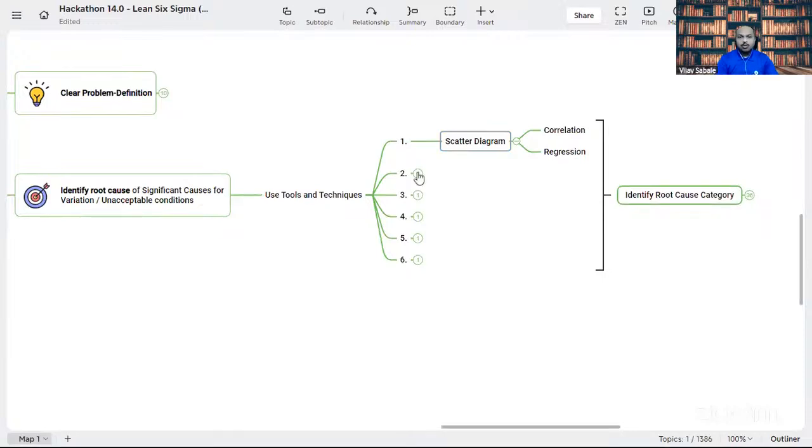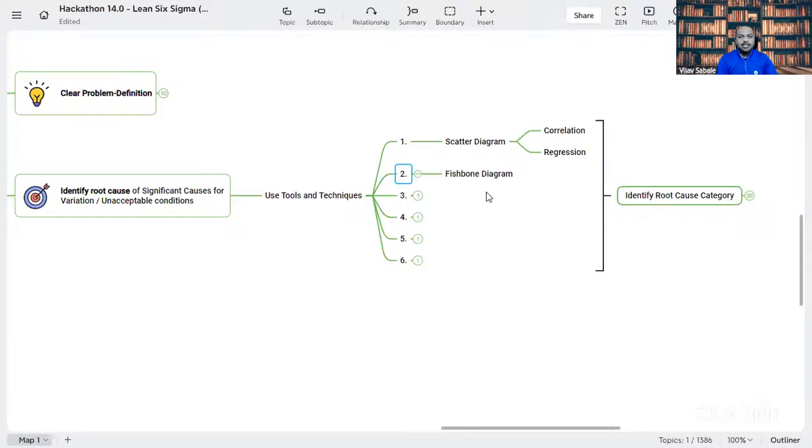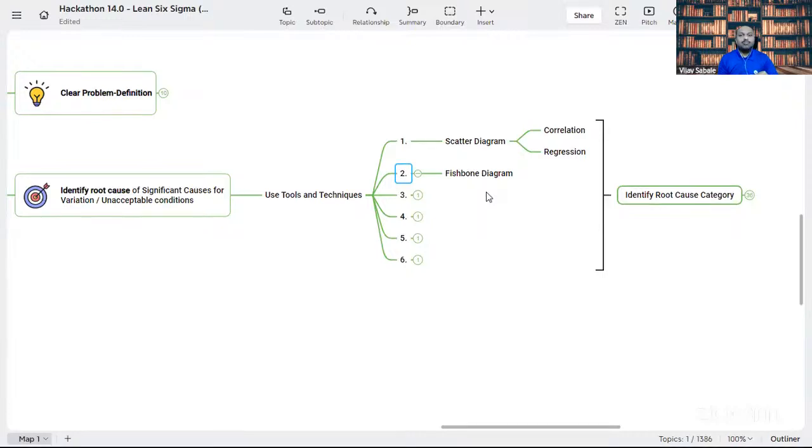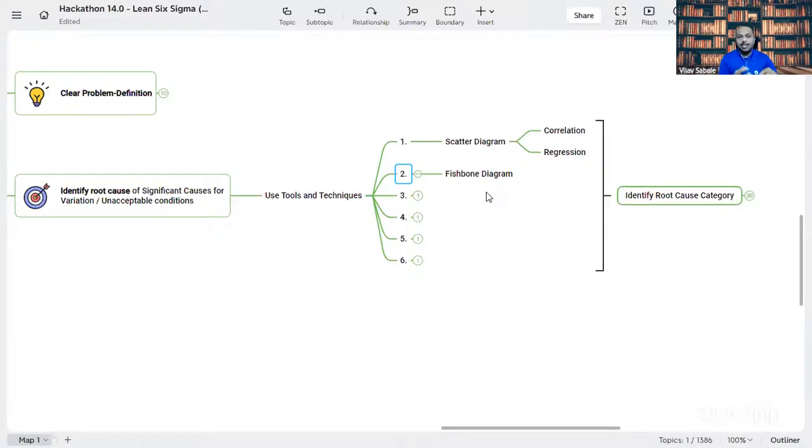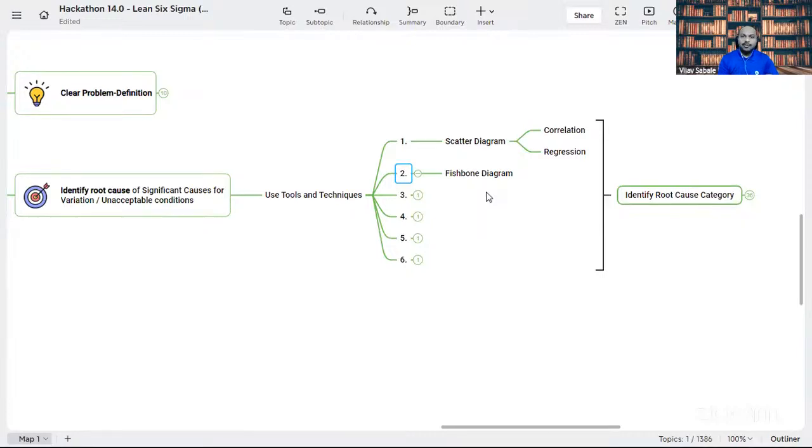The second tool that we can use is the fishbone diagram, right? So that is going to help us, as Sachin has asked the right question, if we miss the data, where from do we get the data? If you use the fishbone diagram, you already consider many of the factors which are going to impact your response, or which are going to create the problem, so we are already going to answer that by using the fishbone diagram. The third that we can use is FMEA, failure modes and effect analysis.